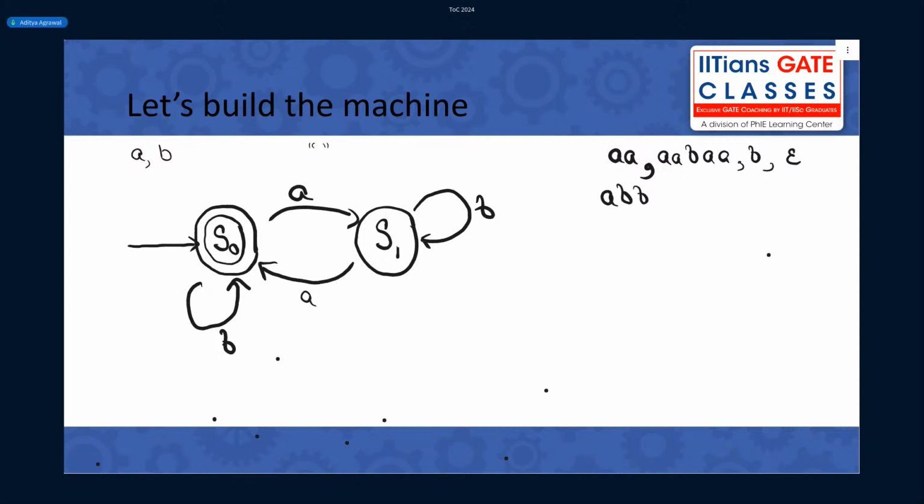Typically when I was reading about this subject, I had this doubt: these machines and all, do they always come in GATE? Is there any machine that can take more than one character? What do you mean by it, Rohit? Here is a machine that is taking more than one character, for example, A and B. Can you give an example?